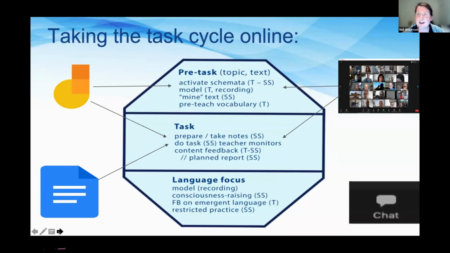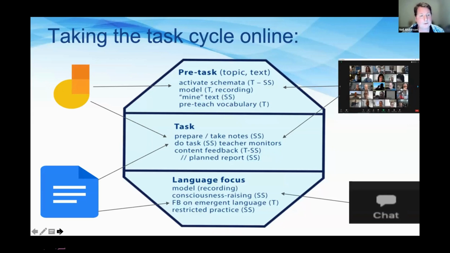Then Google Docs is obviously ideal, because just like Jamboard, it's going to operate in the background of the breakout room, and they can work on it together, and the teacher can monitor it and provide feedback in the form of comments or gather data for later. But it's really very, very effective, especially for tasks that involve a lot of writing rather than speaking, because again, it encourages independent collaboration, independent from the teacher, but students working together.